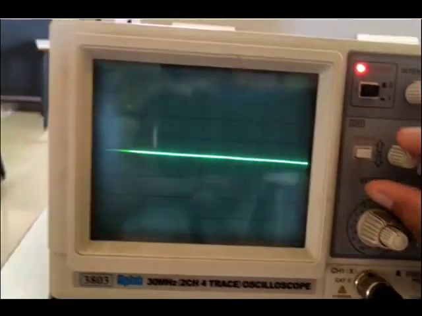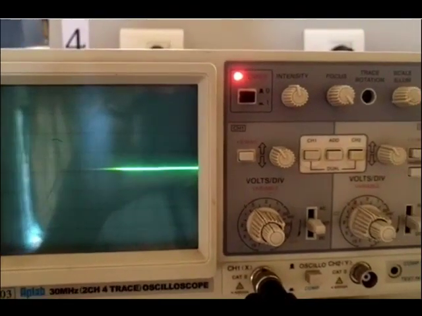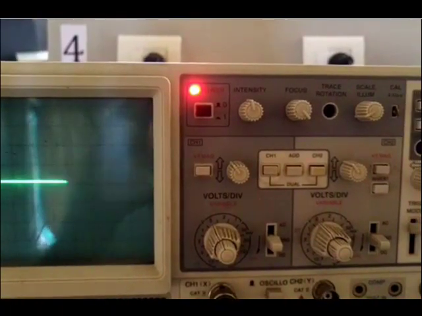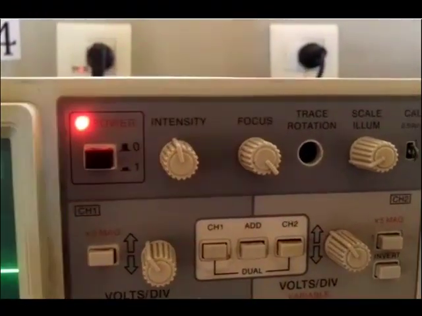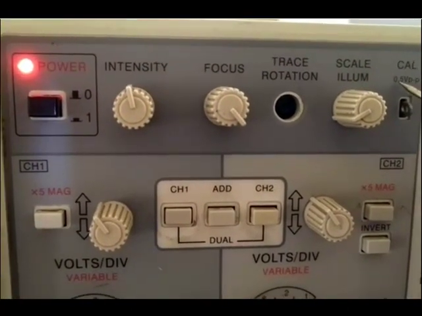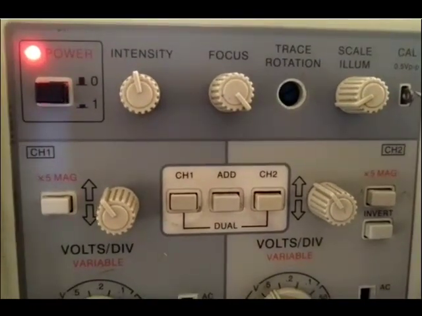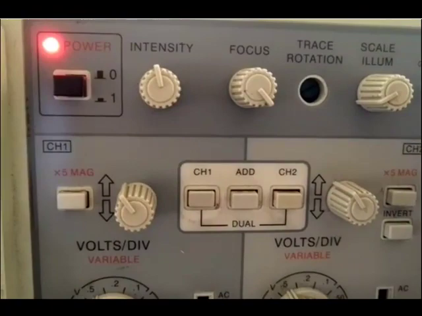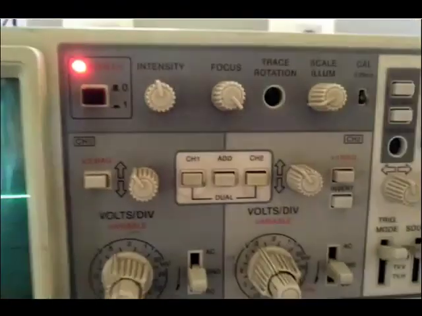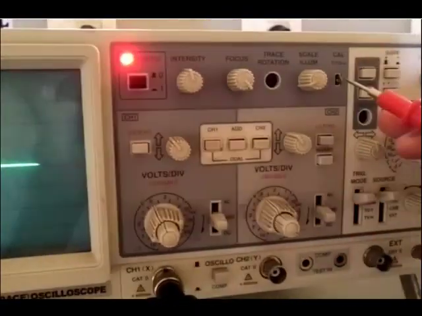Put the channel to the ground and adjust the ground reference point. Before you begin the calibration, try to locate where the stable source of signal is present in the oscilloscope, which can be relied upon. If you closely observe here, there is a source present in the oscilloscope. It is a square wave source whose peak to peak voltage is 0.5 volt. So this produces a stable 0.5 volt peak to peak square wave with a frequency of 1 kilohertz. That is a known thing.